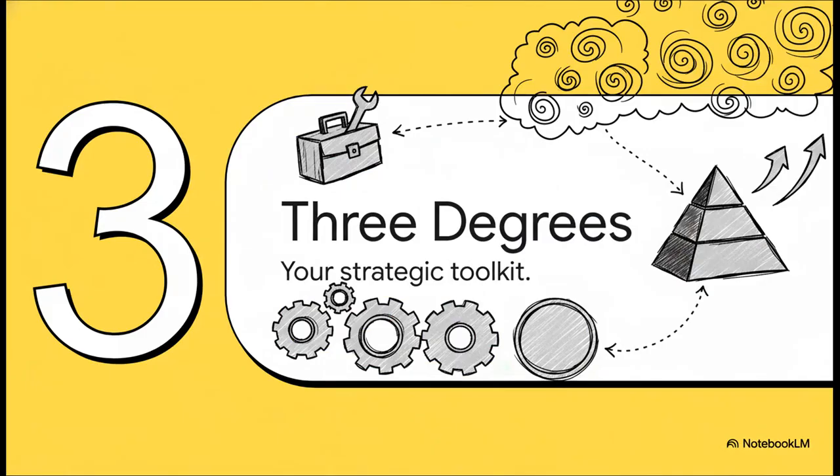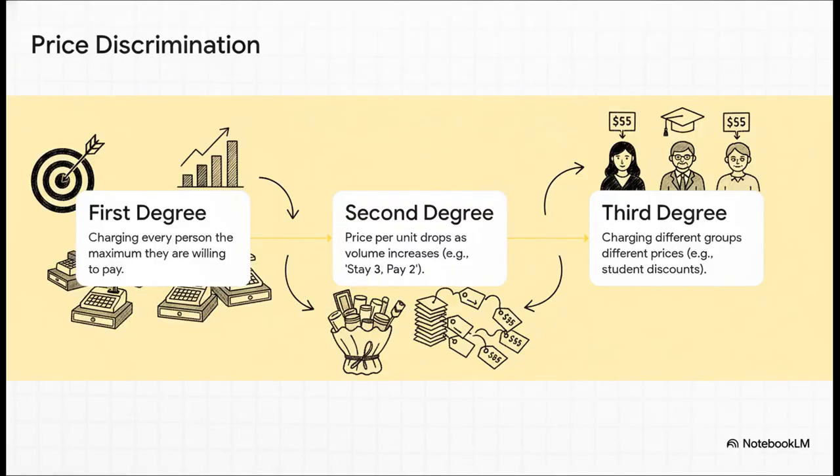Okay, so this strategy isn't just one single thing. It's a really sophisticated practice that economists have broken down into 3 distinct degrees of what we call price discrimination. Now, don't get hung up on the word discrimination. Just think of these as 3 different levels of precision in your toolkit for slicing up a market to capture value. We've got first degree, which is also known as perfect price discrimination. Then there's second degree, which usually involves things like bundling. And finally, third degree, which is by far the most common, and it's all about segmenting your market.